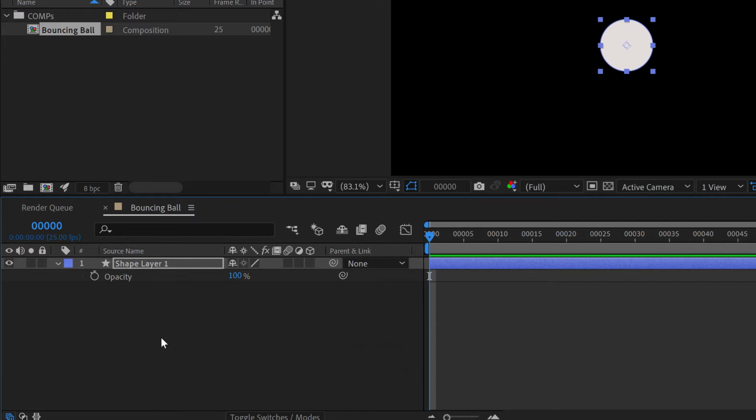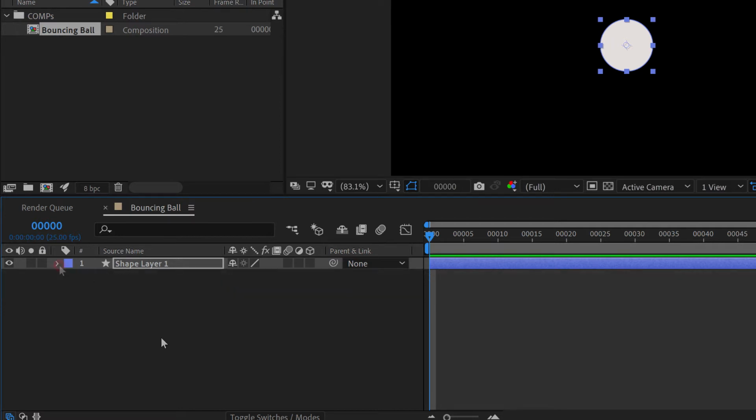We can as well open up more than one transform parameter using keyboard shortcuts. For example, if I press Shift P, I will open the position parameter without closing the already open ones. This way I can open exactly the parameters that I need to work. Another useful shortcut is to open up the animated parameters.